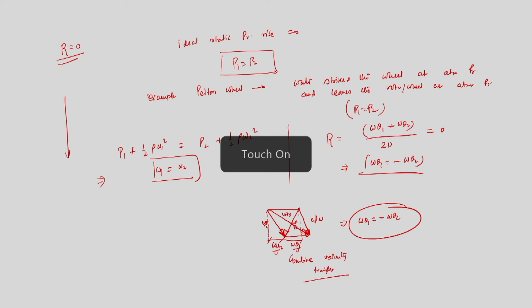Now, we will take another example. We have taken the example of r is equal to 0, that is a special case. We have drawn the combined velocity triangles and we have identified that (W theta 1 plus W theta 2) by twice u is r equal to 0.5. Then we tried a special case r equal to 0, the example is Pelton wheel, where there is no change in pressure across the rotor, and for that we have drawn the velocity triangles. Now, we will try to draw the velocity triangles for r equal to 1, that is very important. So r of 0, 0.5 and 1; there may be other cases, but now r is equal to 1.